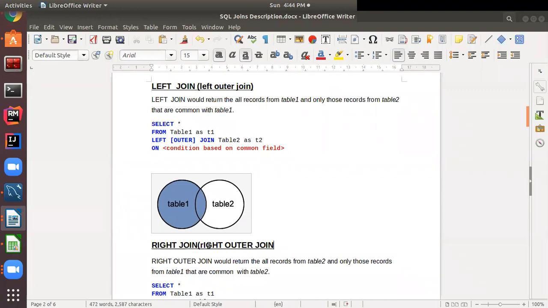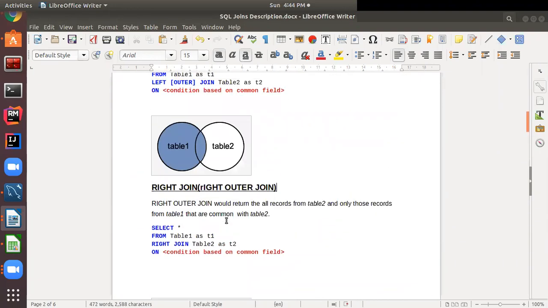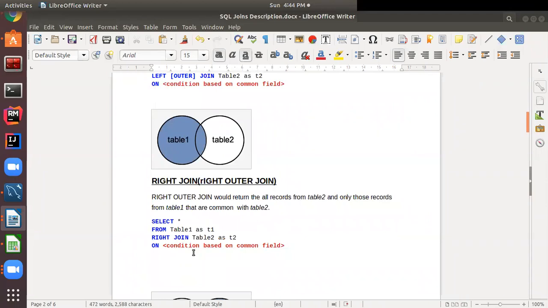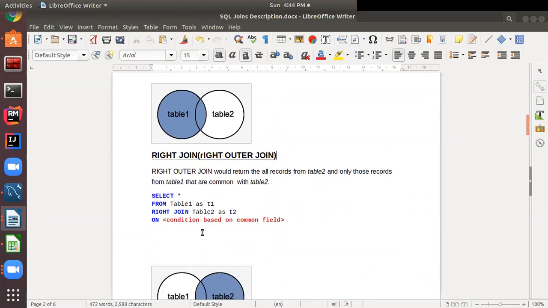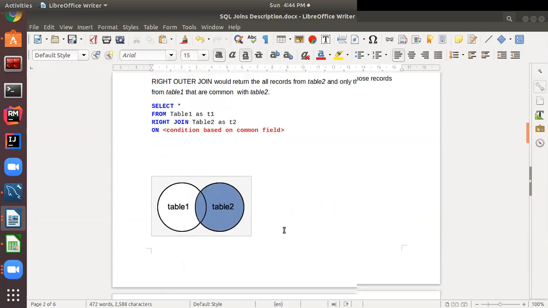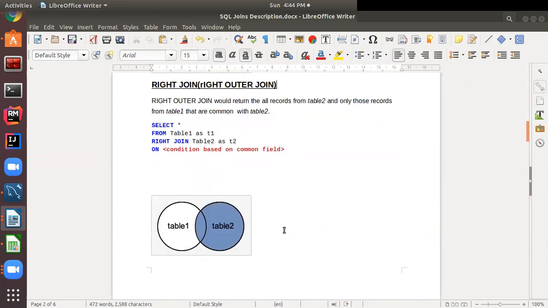So the interviewer can ask you any type of question based on this. They can give you a query, they can ask syntax for the left join, they can ask syntax for the right join, and they can ask you to write the query by giving some database example, like here I am using an employee database. So this is, as per my experience, one of the important topics which I covered today.